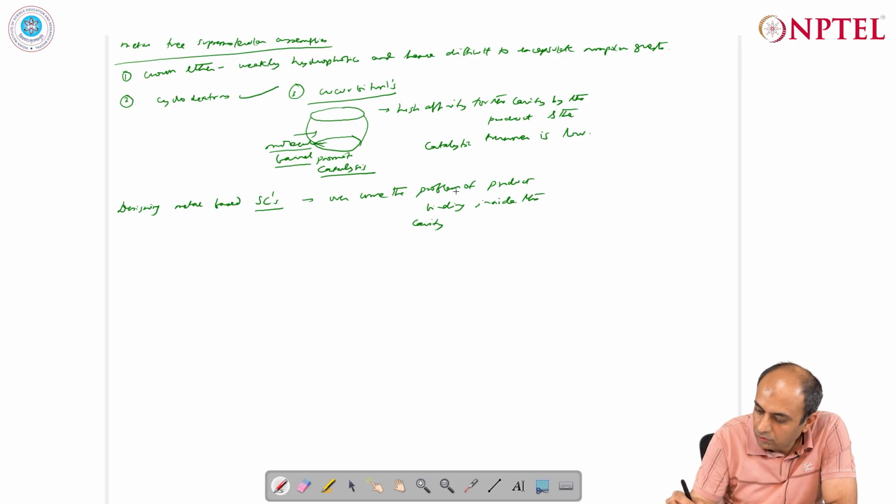So, they overcome the problem of product binding inside the cavity. So it is possible to now remove the products very easily, and also strong substrate binding